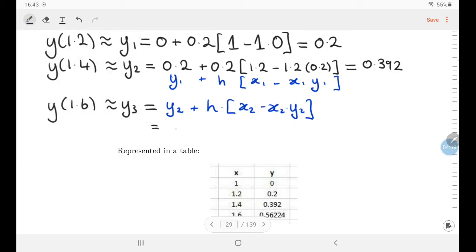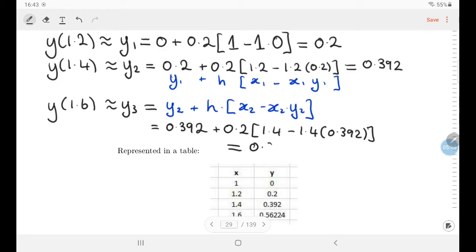So you get the previous y is 0.392 plus the step size, all day long, 0.2, times the previous x, 1.4, minus 1.4 times the previous y value, 0.392. And I'm fairly sure there's no rounding, this is the exact figure,